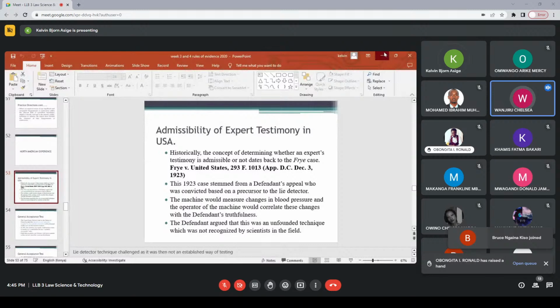Is there anything in the Criminal Procedure Code that talks about expert witnesses? Because I would imagine that expert witnesses would be more relevant in criminal matters. Not more relevant, but would feature highly in criminal matters even more than civil matters. Well, I've not been able to check the Criminal Procedure Code because I don't have a physical copy, and Kenya Law at the moment is not showing the acts for some reason. But if I'm able to access it, I will search for it and put it in the chat.